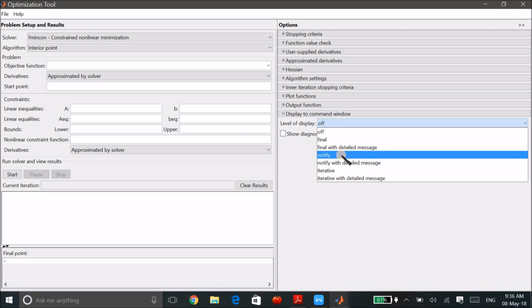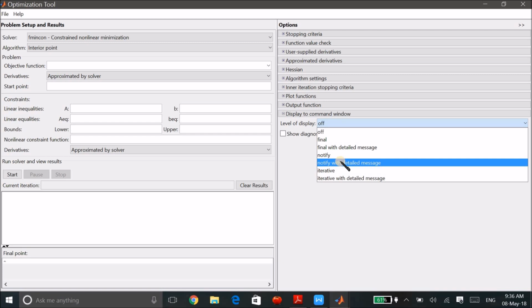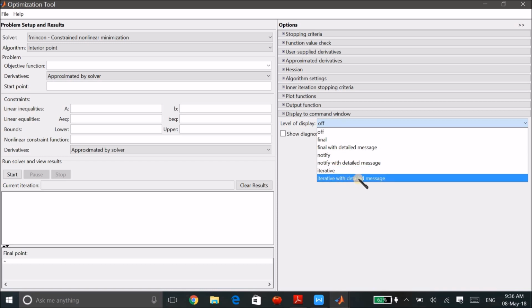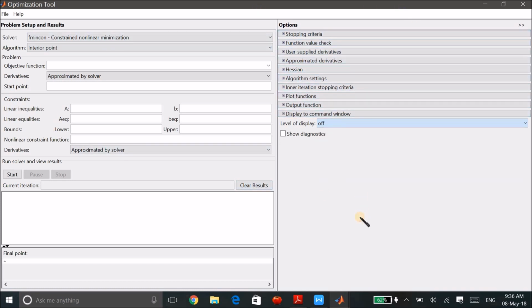Then we have notify, which displays output if the function does not converge. Notify with detail displays output if the function does not converge and gives you a detailed technical exit message. Then we have iterative, which displays the output at each iteration. And iterative with detailed message displays outputs at each iteration and gives the technical exit message. So this is the whole optimization toolbox.